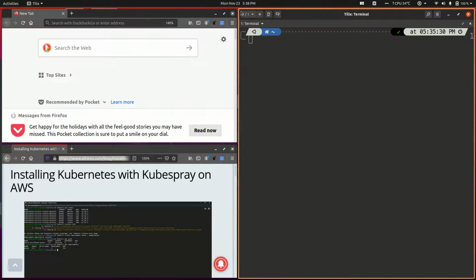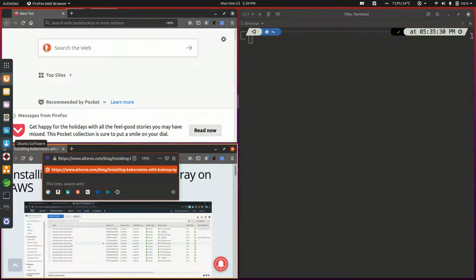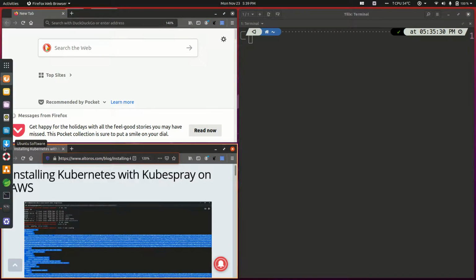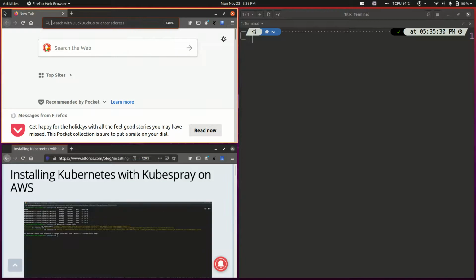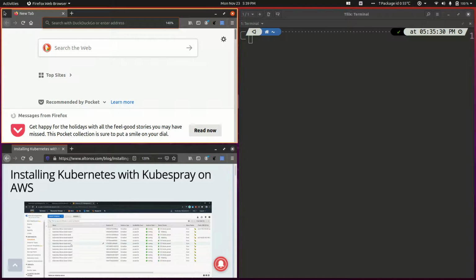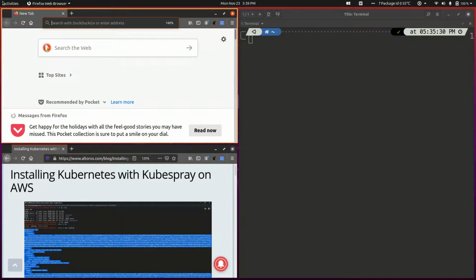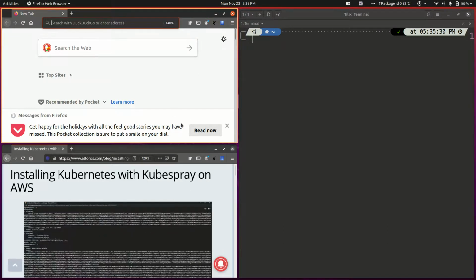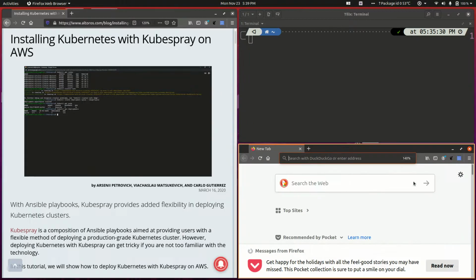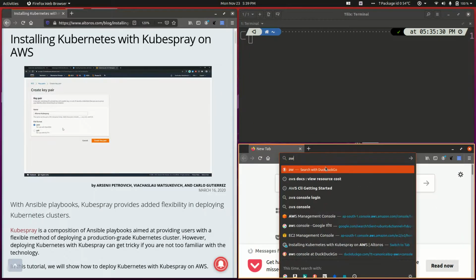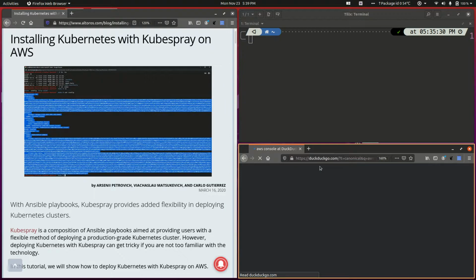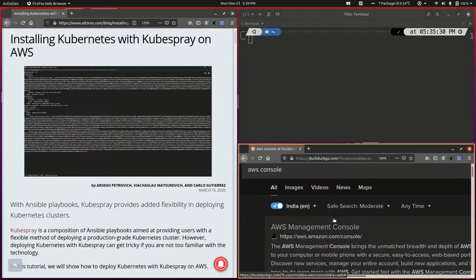Let me just shift the window. This location is also good, but it's far better if I can move it here. I'll log in to my AWS console first.